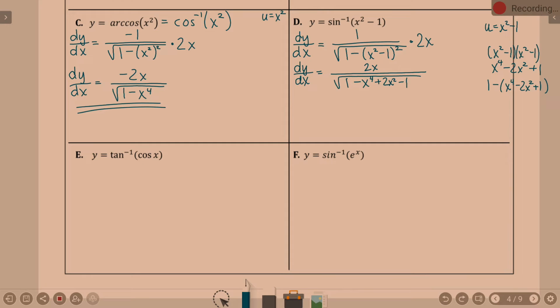Okay. Let's clean it up again, please. Let's cancel. Oh, yeah. I was going to just leave it like this. I don't see anything with it. 1 minus 1 is 0. I'm not sure why you would do that piece. Now,